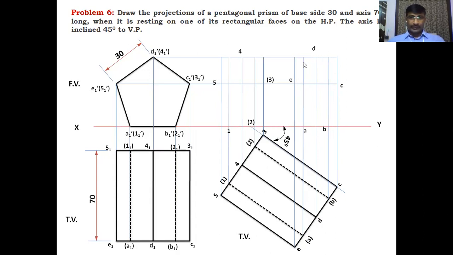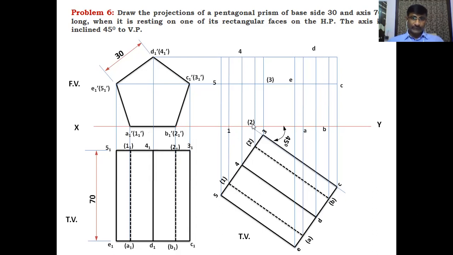Like this, you have to draw the points. After getting the lettering base points, the numbering base points are also the same. Mistakenly the dashes may not be printed, but it is A dash, B dash, C dash, D dash, and E dash. Okay. Similarly, this is 1 dash. The intersection point between 1 and 1 1 dash is 1 dash. This is 1 dash, not 1, it is 1 dash.